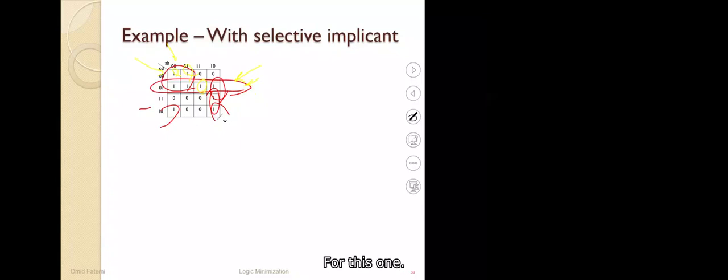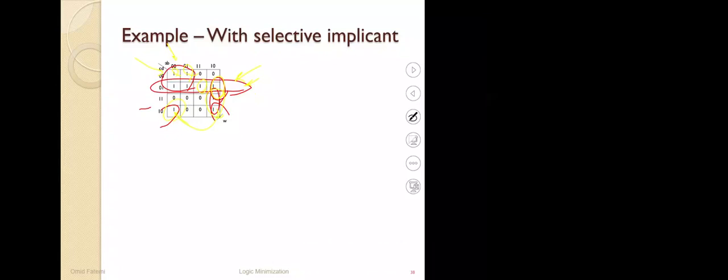For this one, the two ones here. The first one is covered by the other implicant, the next one is covered by the one below, so it is not essential. For the next one, the first one is covered by this implicant, so it is not essential. For this one, the one that comes from the 2 corners, this cell seems not, oh yeah, there is another one you didn't mention. Yes, please.